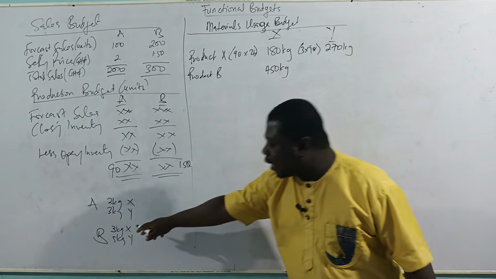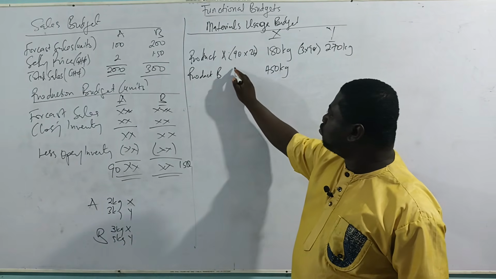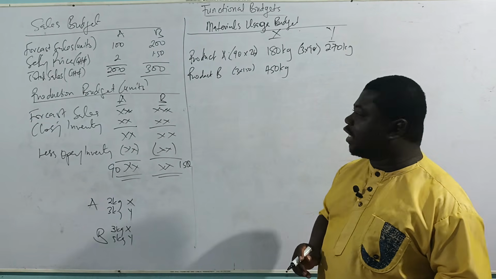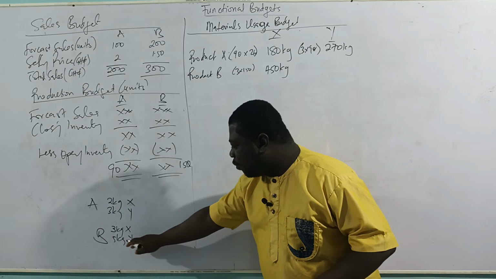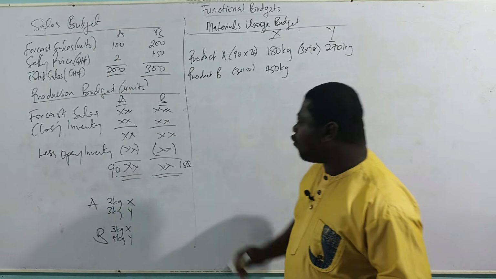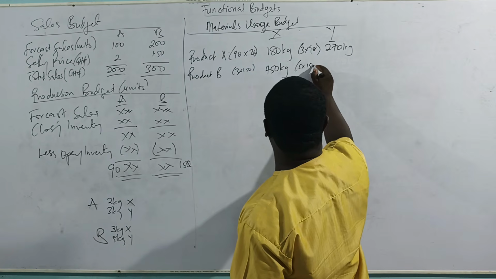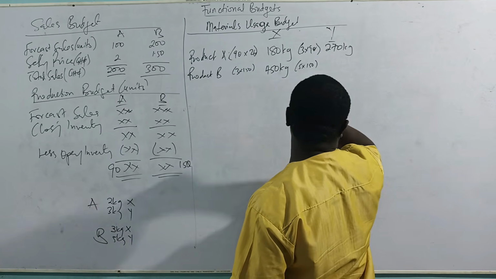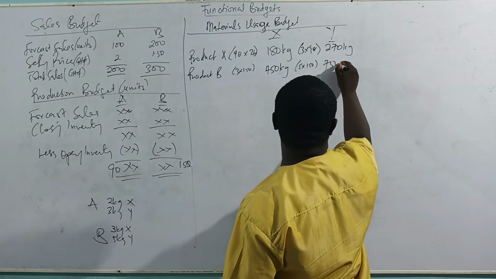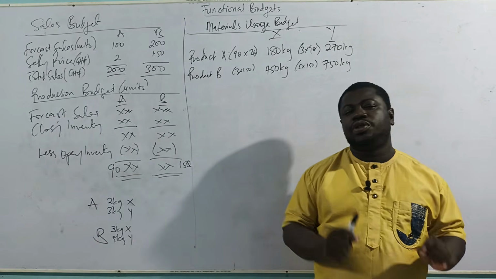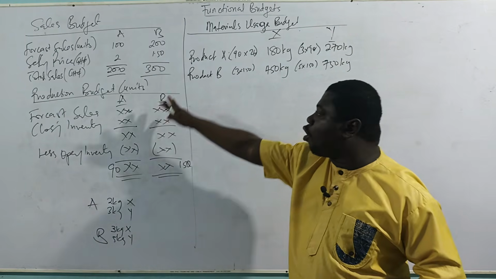Okay, that is 3 times 150. That gives us 450 kg. And then for Y, we need 5 kg of Y times 150. So 5 times 150 gives us 750 kg. So when we are preparing the materials usage budget, the focus is no more on product A and